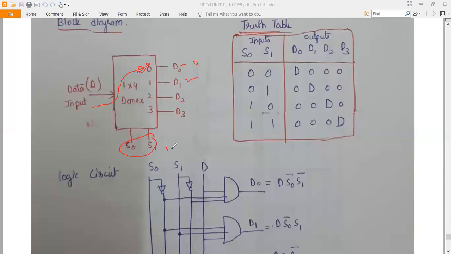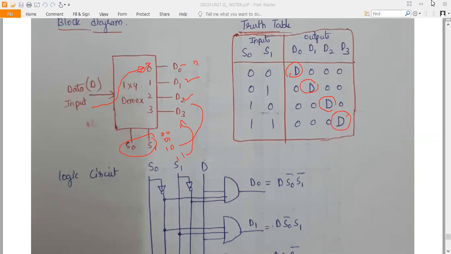If it is 1 0, then D2 will be selected. If it is 1 1, then D3 will be selected. See, for 0 0, D is selected in the place of D0, for 0 1 it is here, for 1 0 it is here at D2, and for 1 1, D3. Okay.